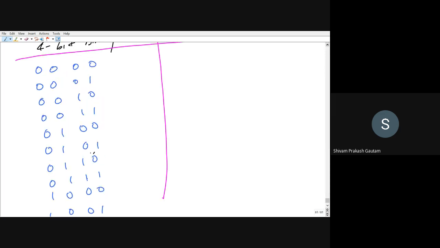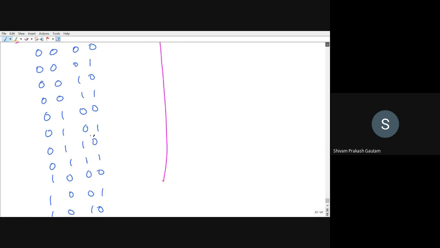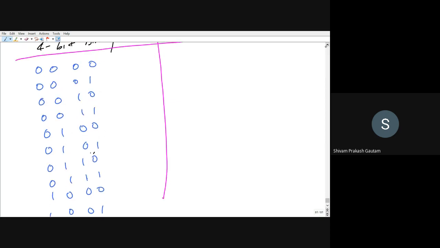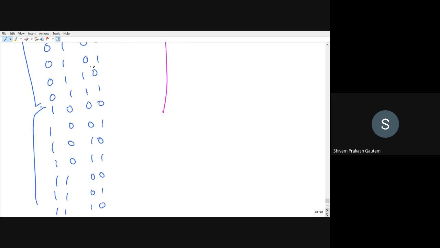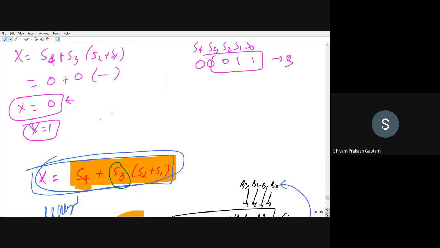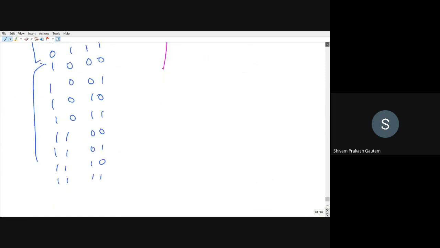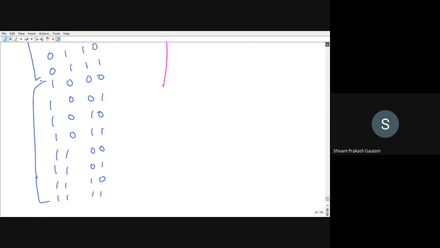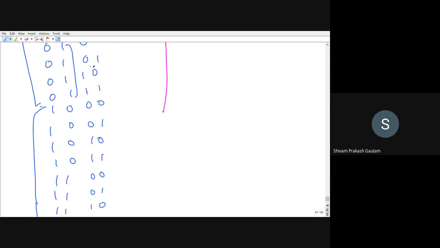If you want to see how you can directly write, so if it is a 4-bit binary number, for the first 8 times you will be having 0. So you can see for the first 8 times we are having 0. Then for the next 8 times we are having 1. Right? If you want to follow the shortcuts. Then in the third bit we are having 4 times 0, 4 times 1, then 4 times again 0, and 4 times again 1.